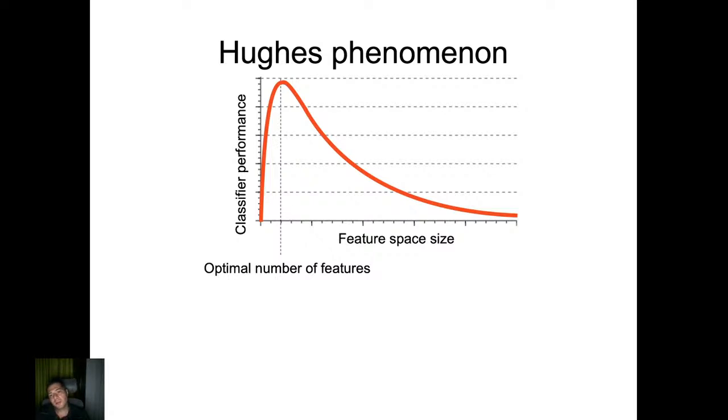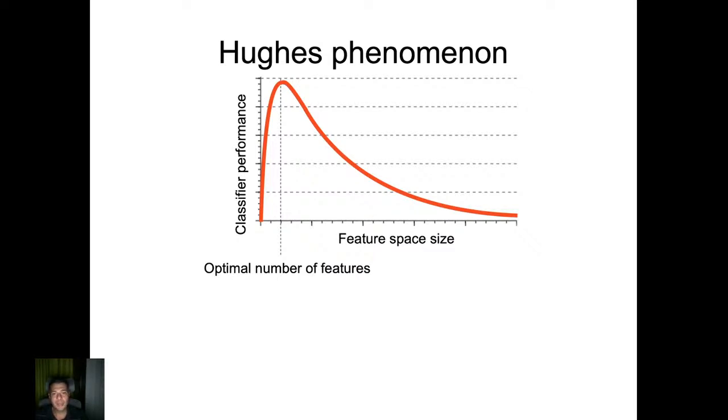Your classifier performance can increase abruptly first, until you reach an optimal feature space that is well correlated to the number of training data samples. And if you continue to increase this feature space, then the performance will slowly decrease